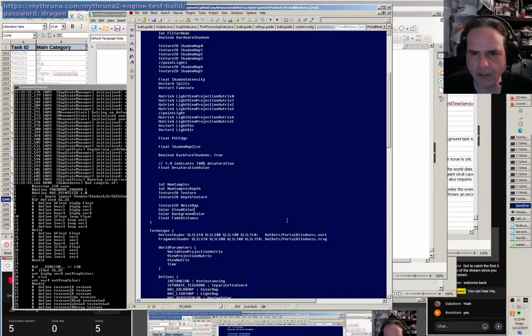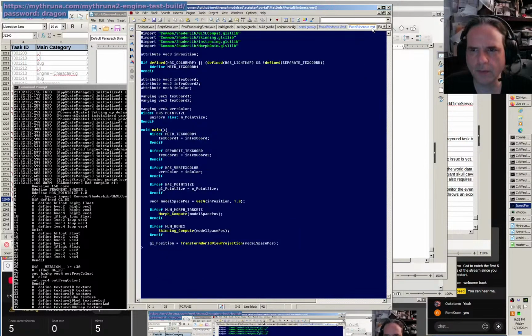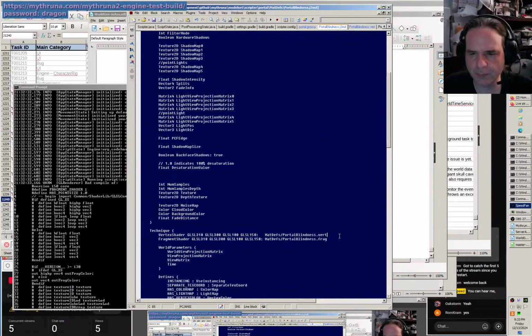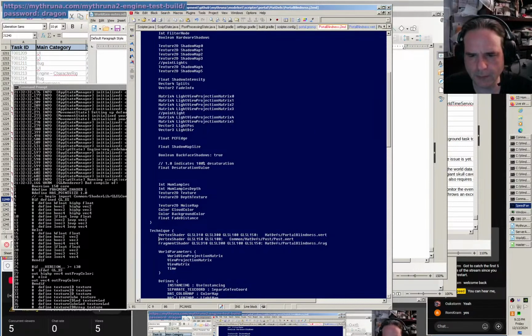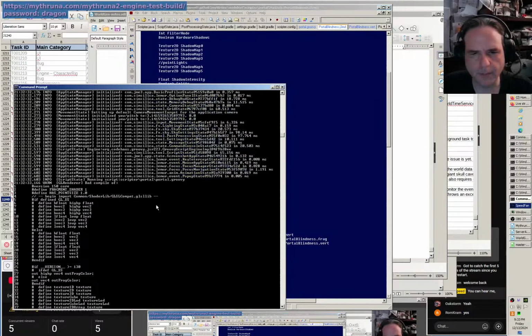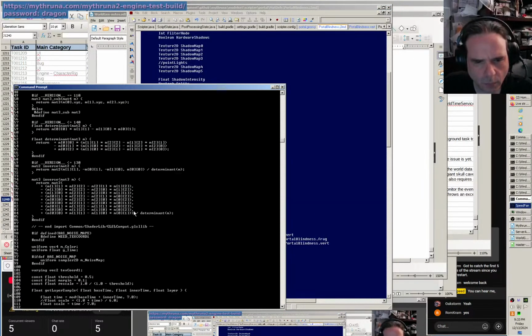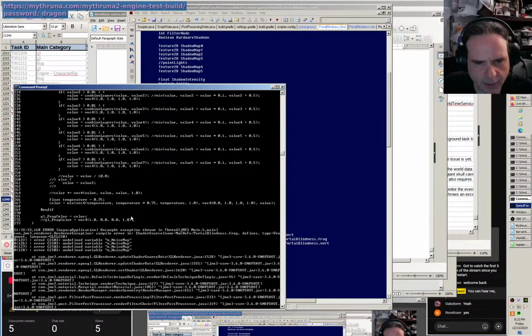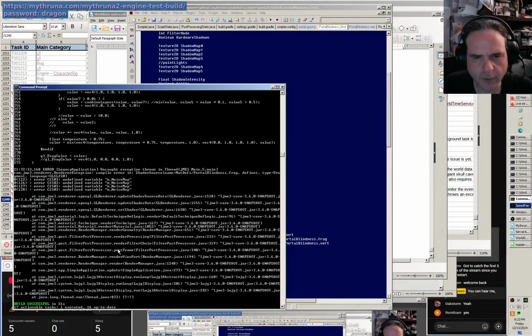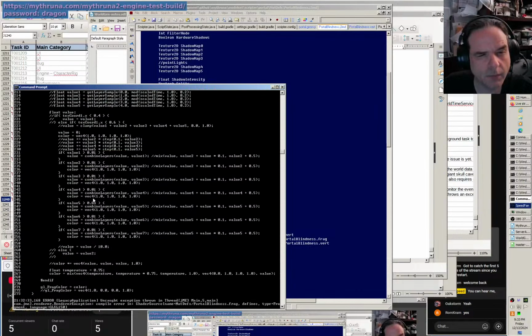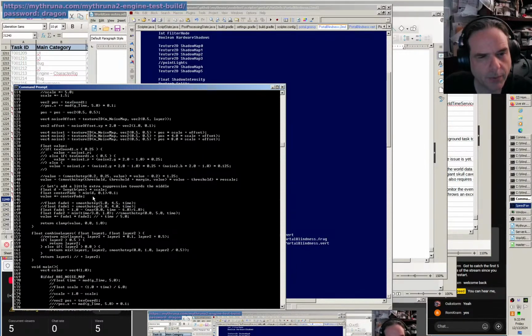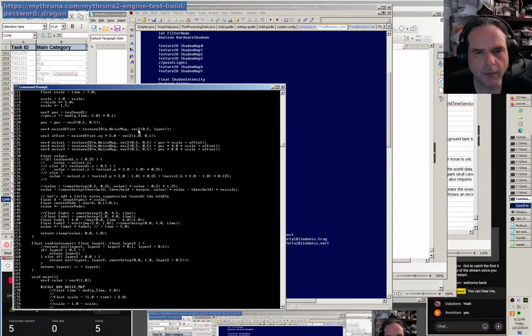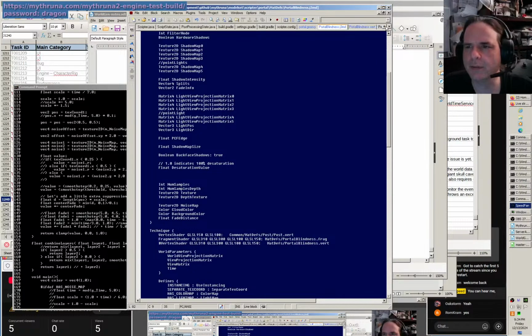We may not need my... Did we do anything special in here? No, so it's totally fine for us to replace it. Can I just comment that out? Which shader is it complaining about? Undefined variable noise map on line 122. But noise map is defined, so